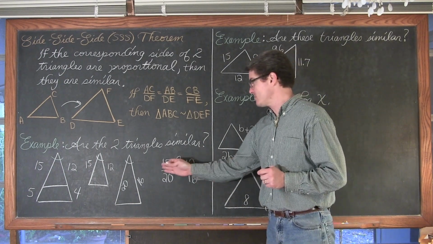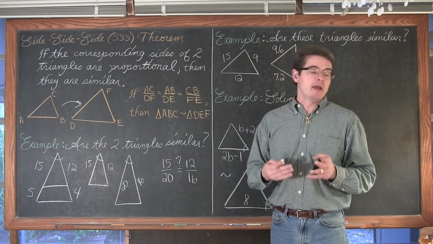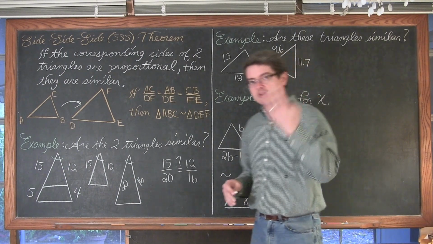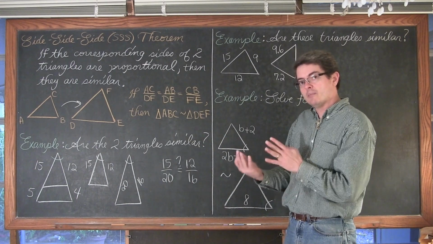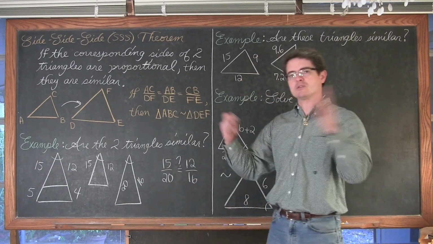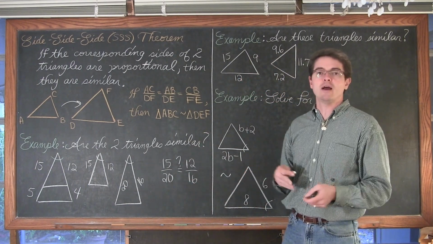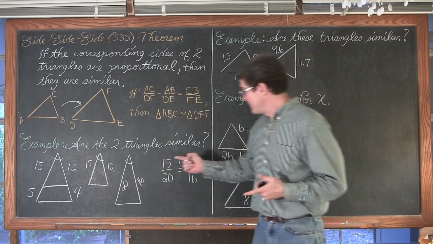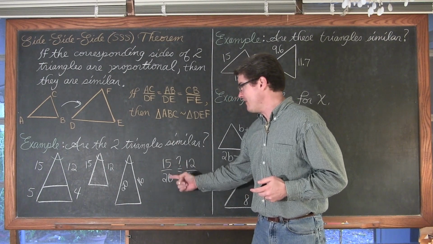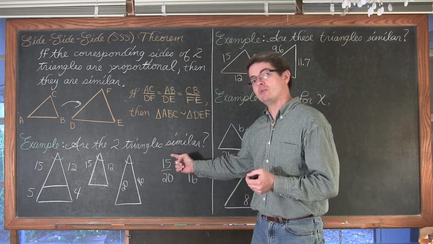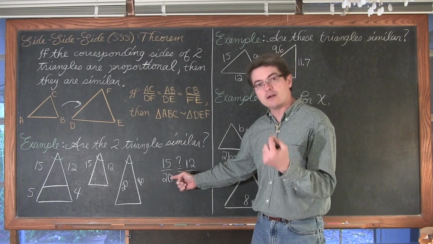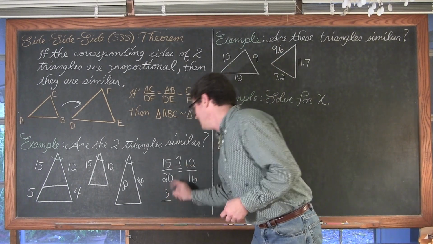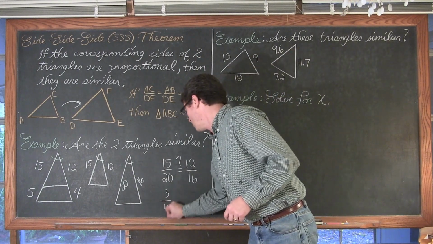So we're either going to have to resort to making these both decimals and comparing them that way, but that's kind of the cheap way. Many of us are uncomfortable with fractions. We want to make sure that the denominators are equal, and then we can just look at the numerators. The bigger numerator is the bigger fraction when the denominator is equal. But these two numbers both have a factor of 5. So if I divide the numerator and denominator by 5, reducing this fraction, 15 divided by 5 is 3. 20 divided by 5 is equal to 4.